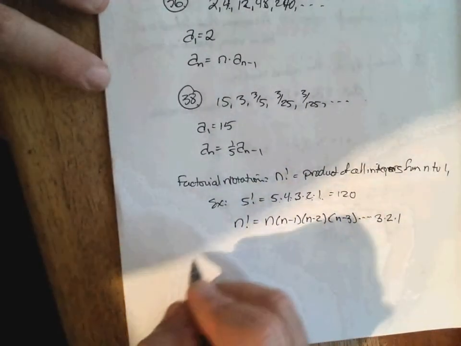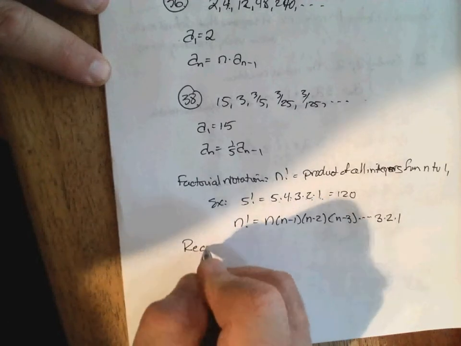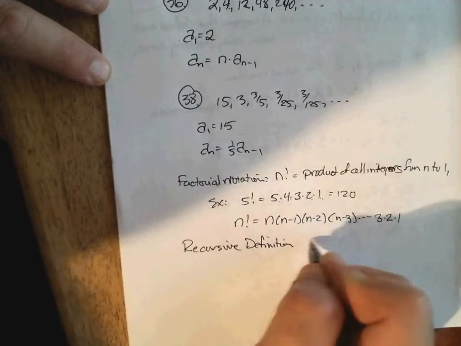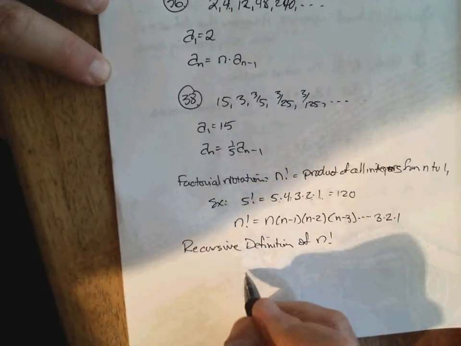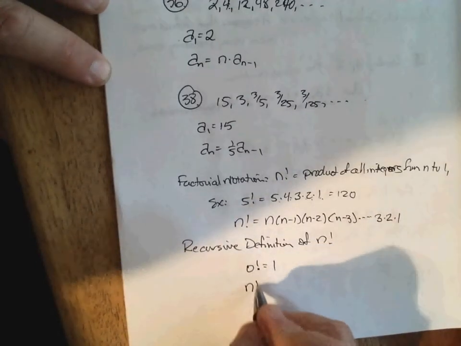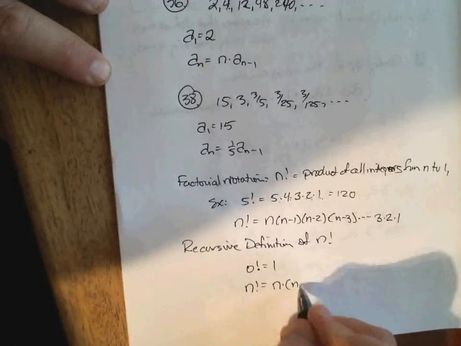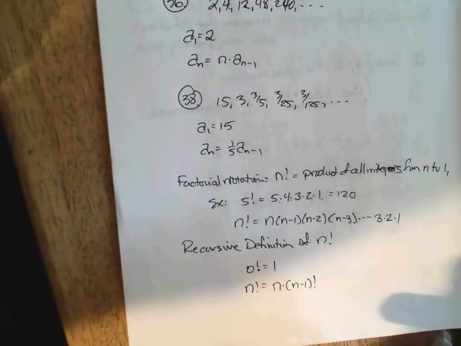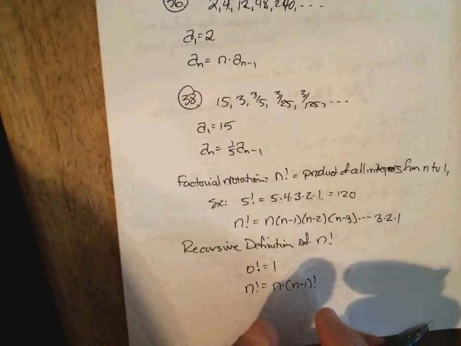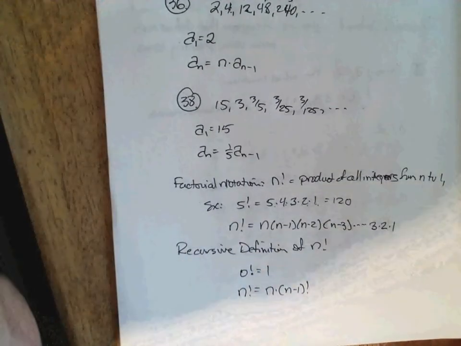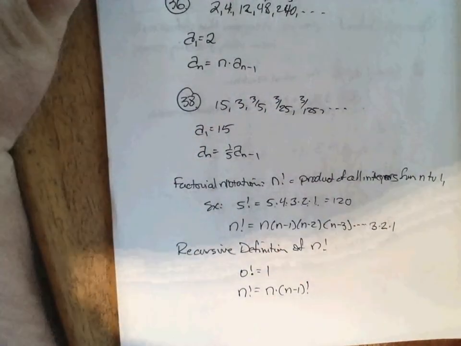Okay? Now, the interesting thing about this is factorial notation can be very easily defined recursively. We start this way. 0 factorial is 1. That's just part of the definition. Then n factorial is simply n times n minus 1 factorial. And there's your recursive definition for factorial notation. All right, let's take a look at a couple of the exercises involving factorial. Before we do, let me show you on a calculator